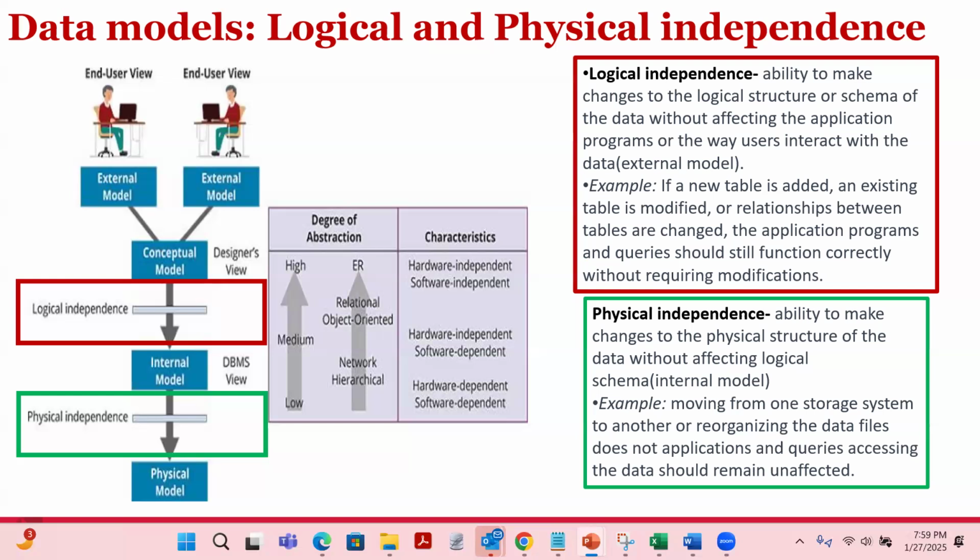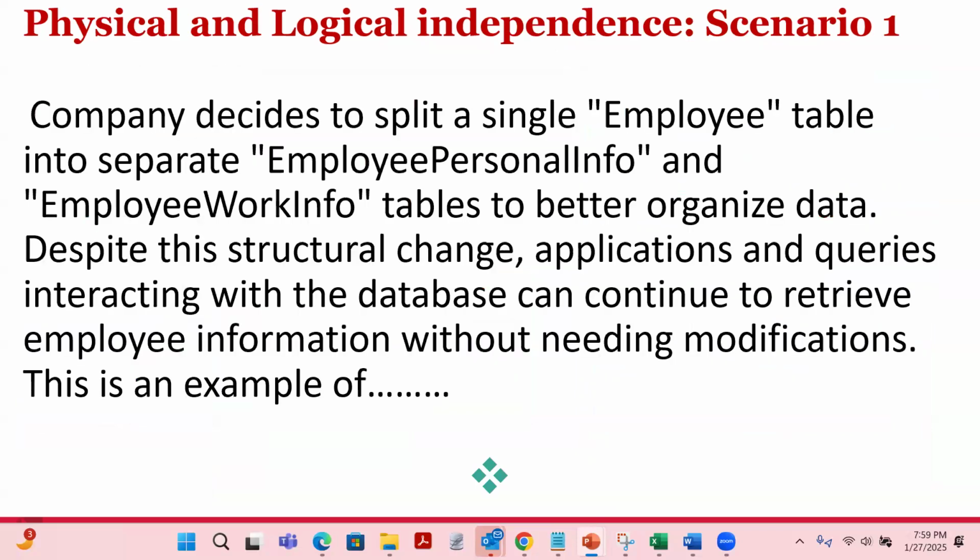So let's look at a couple of examples. The way we're going to look at those examples, we're going to read it together, and then you're going to pause and I will explain the answer later. Some of those examples might be on exams, so it's very important to go through those examples a couple of times, and try to make sure that you understand the difference between physical and logical independence. Okay, so first